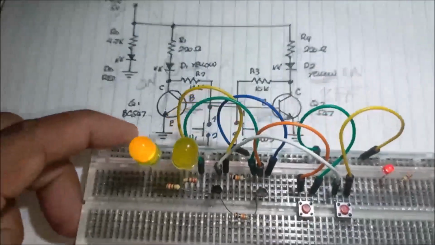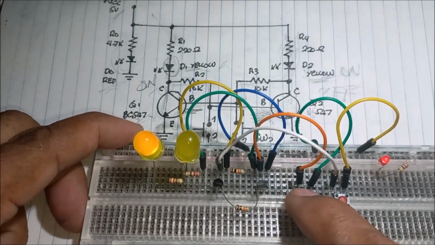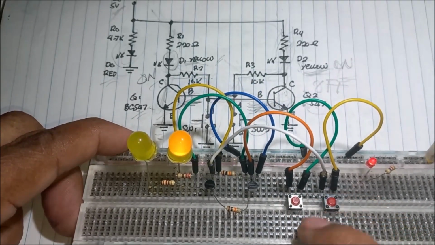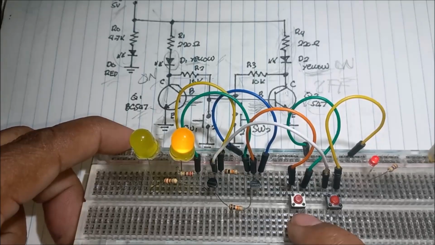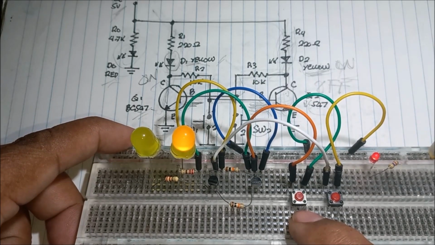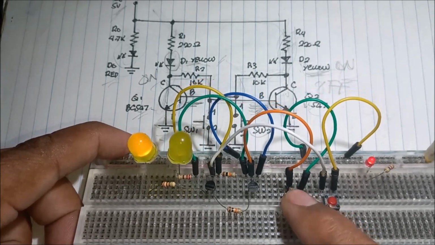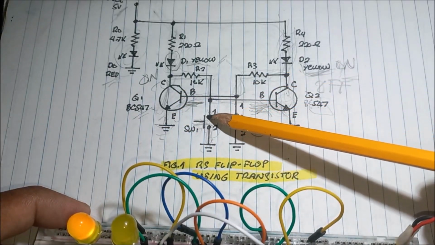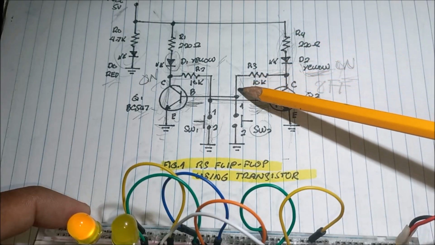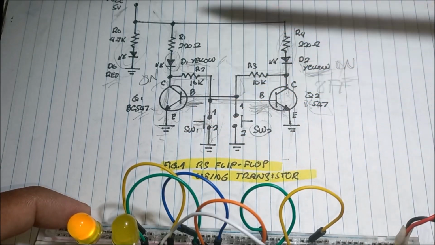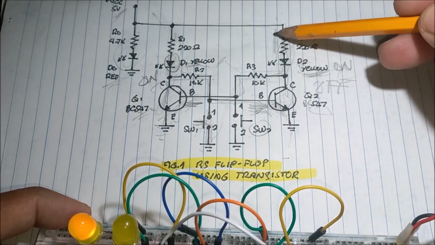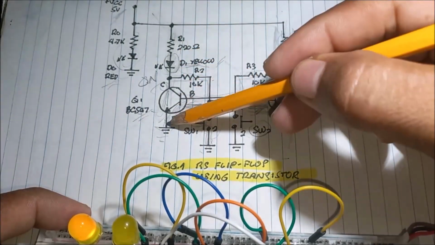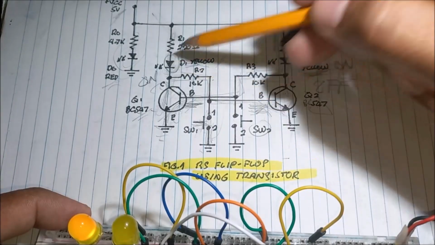Let us see. Every time we press that switch, it will not affect. See, if I press switch 2, it will switch the LED to turn on. Oh, it will not affect. So every time I switch it, because it does not affect the circuit, it's still latching. We call that latching. Current latches here to there. So that's why this LED turns on.